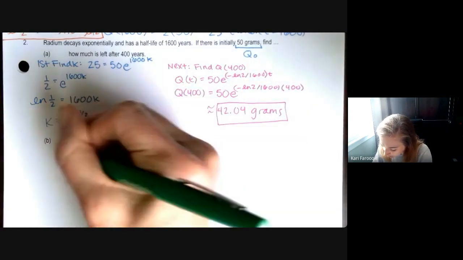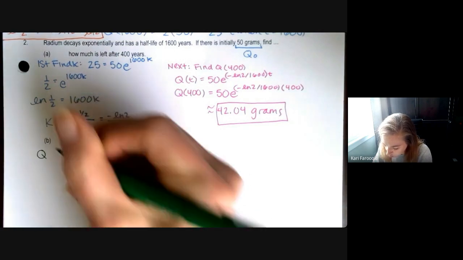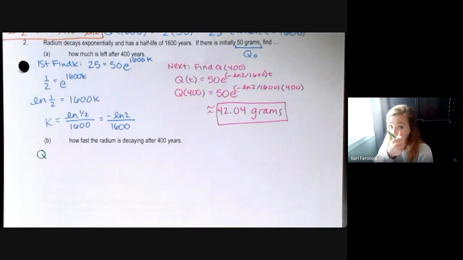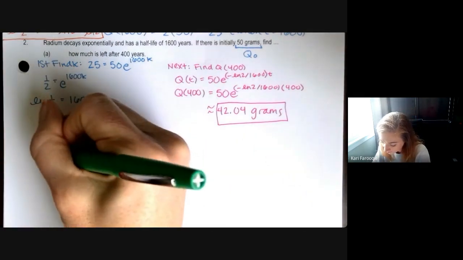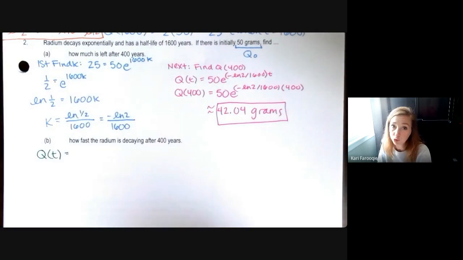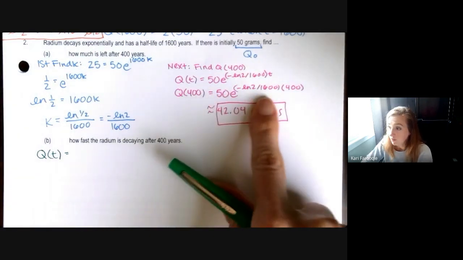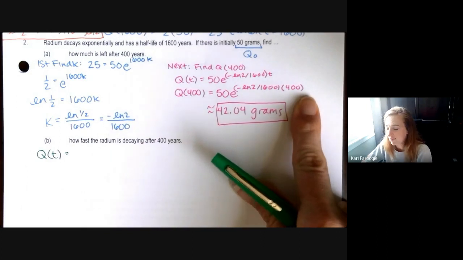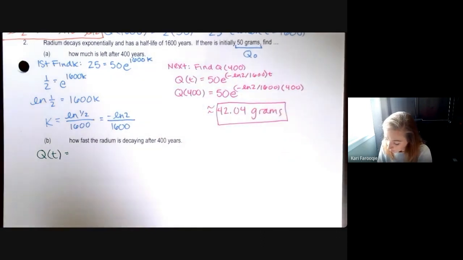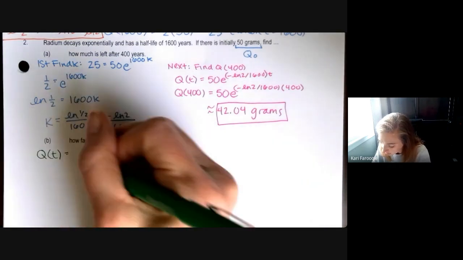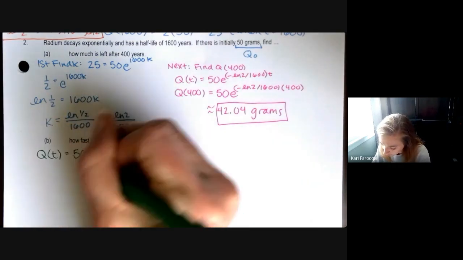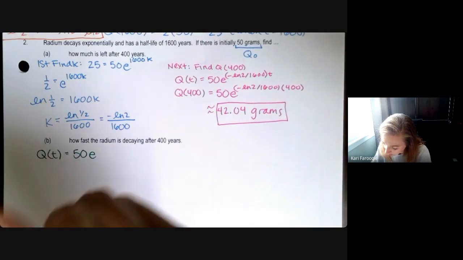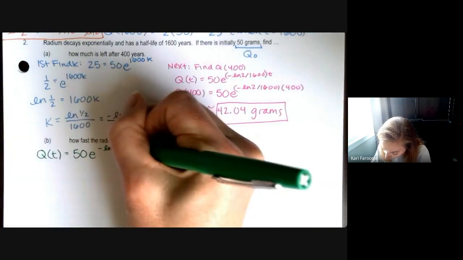All right, if we're going to find the derivative of Q and then evaluate it at 400, I first need to rewrite my function for Q just as a general Q of T. I can't take the derivative of this because this is just a constant value. It's only going to tell me it's 0, and then we're going to be confused. But make sure you're taking the derivative of Q of T. I'm going to write it here to remind you of what that looks like. It's 50 e to the negative ln 2